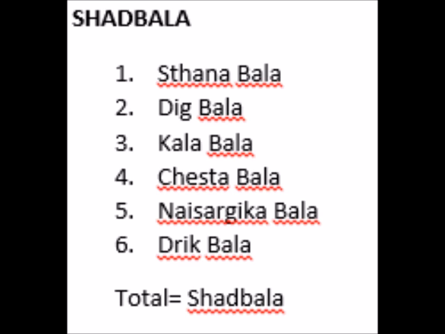So Shadbala is a very important concept coming directly from the great sage Parashara. And like I said, bala means power in Sanskrit, and Shad means six. So this is actually a translation of a six-fold strength which is calculated for a planet. If the Shadbala is high, it has the capability of providing good results. If the Shadbala is low, the planet cannot provide good results.